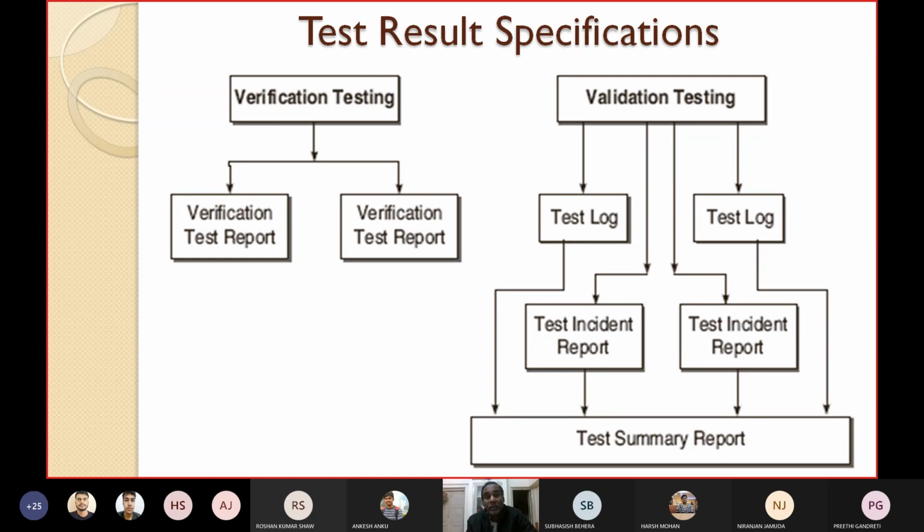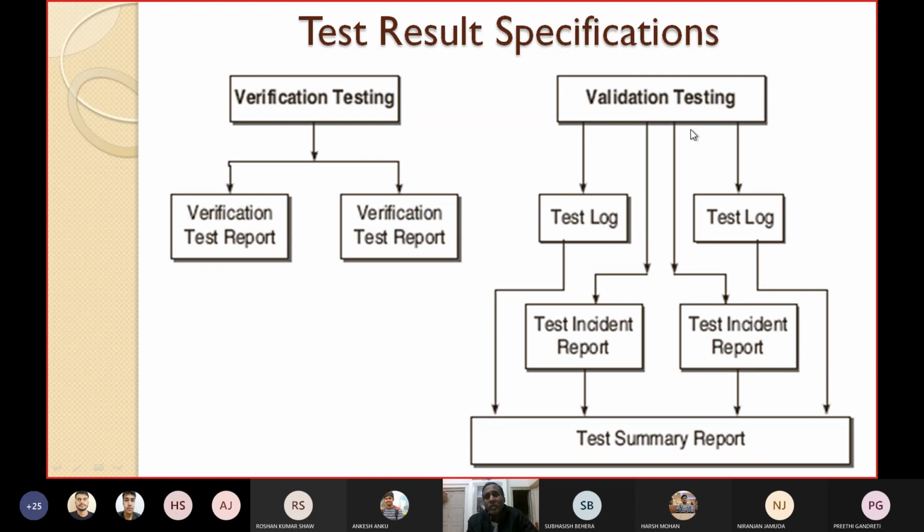In the previous classes, we have already discussed what verification testing is and what validation testing is. If you are performing verification testing, then the result of the verification testing can be represented as a verification test report. You have to prepare a report called the verification test report. There you can mention what the results are. Preparing this report is quite easy.